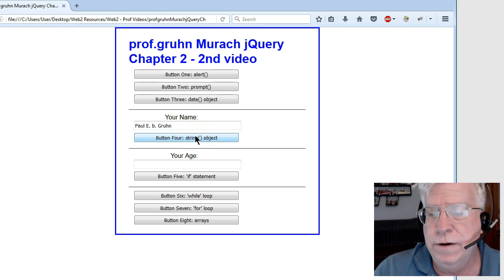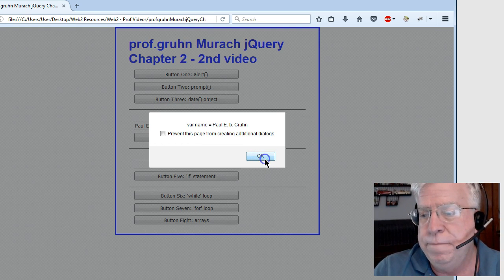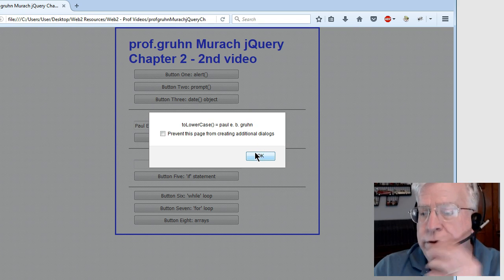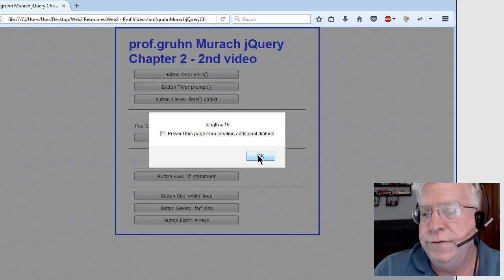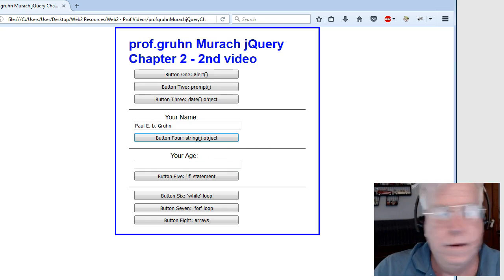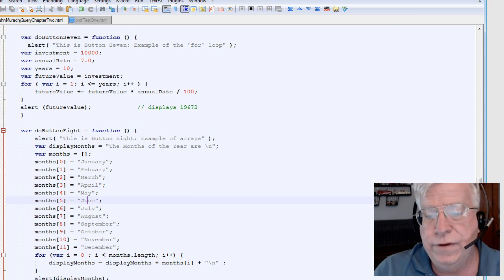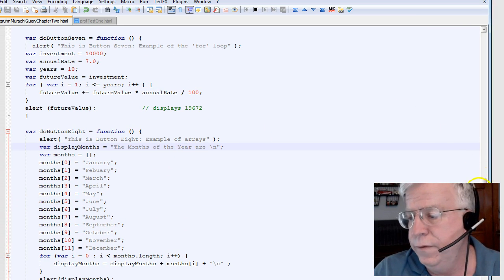I've left that code there. And then there's the variable name that got entered in. There it is in uppercase. There it is in lowercase. There's the length. The index of the first space. The substring of the first name is Paul. So to do that, basically what I did was